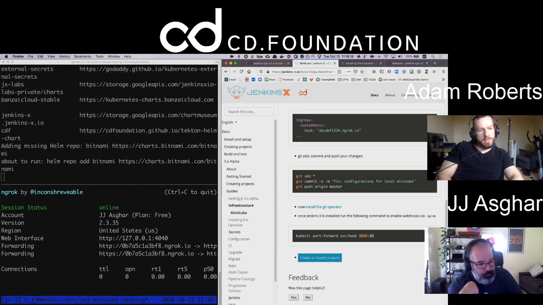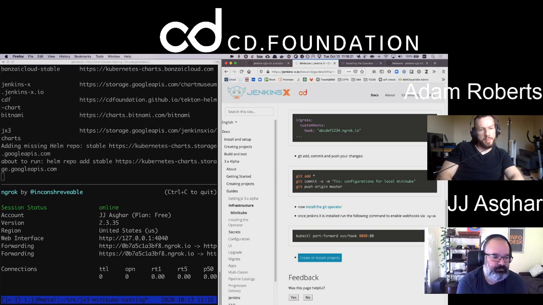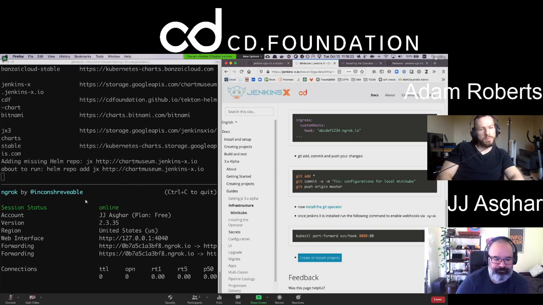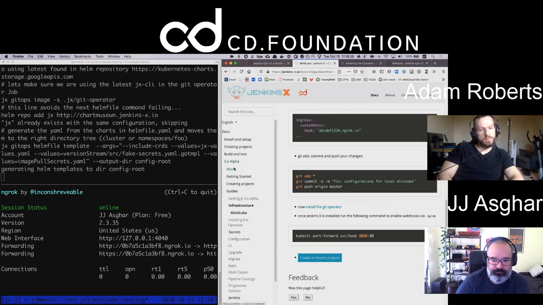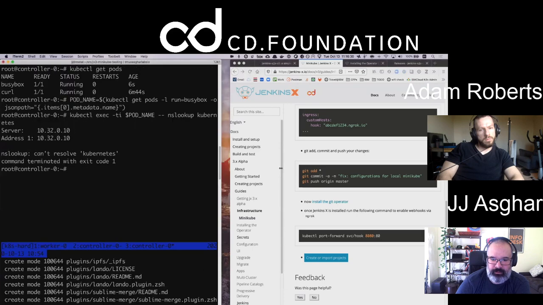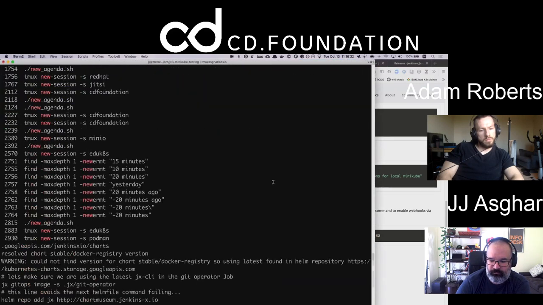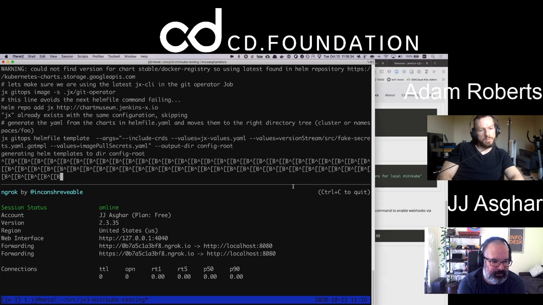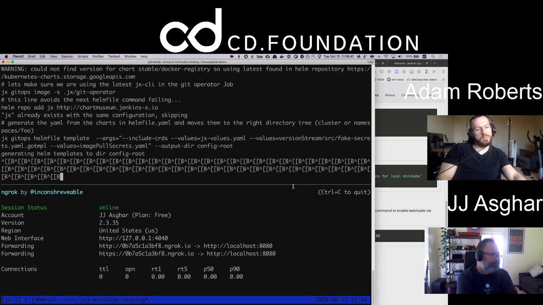Okay, so it's adding a bunch of Helm repos. Yep. Make this a little bit bigger. Nope, made that angry. All right. So is this a one-time thing, do you think? Yes, I think this is initial. Well, I mean, every time you set up minikube, you're going to have to do this. But the idea is that you shouldn't have to.